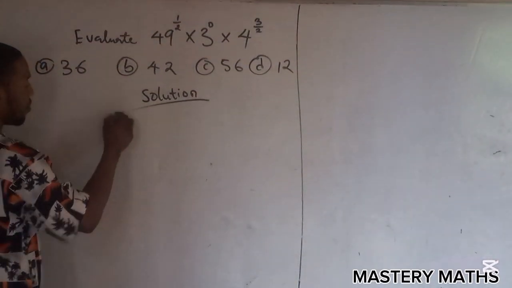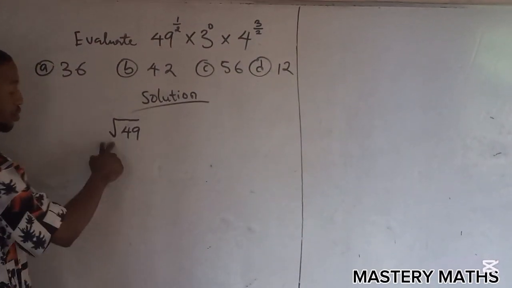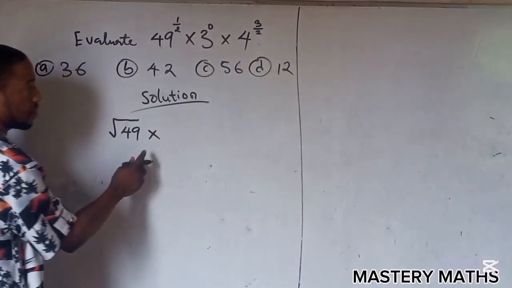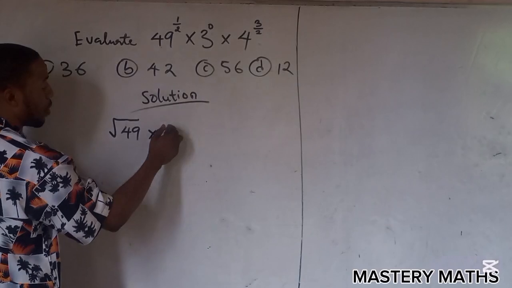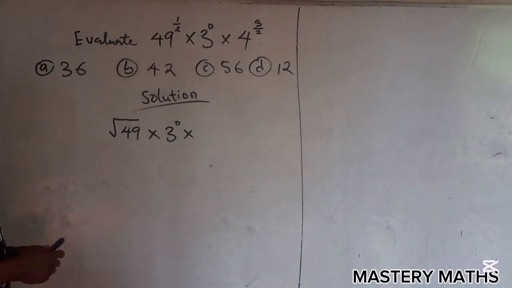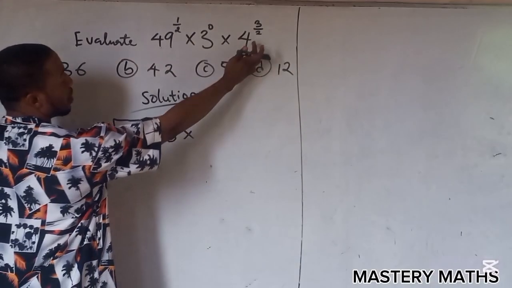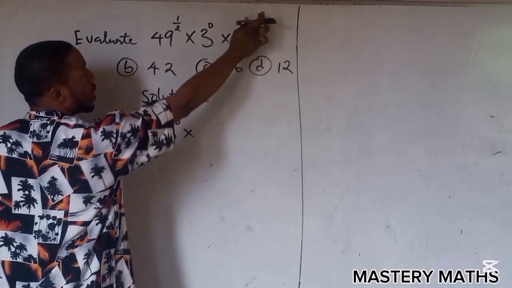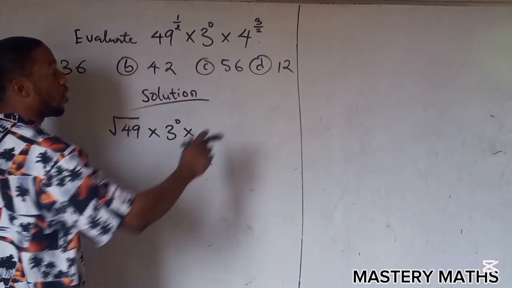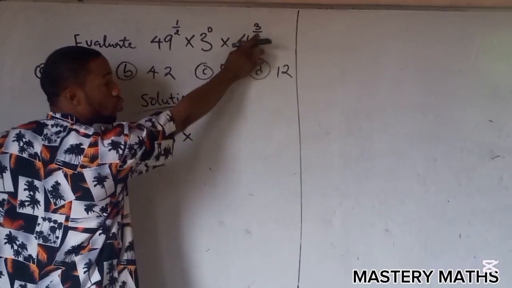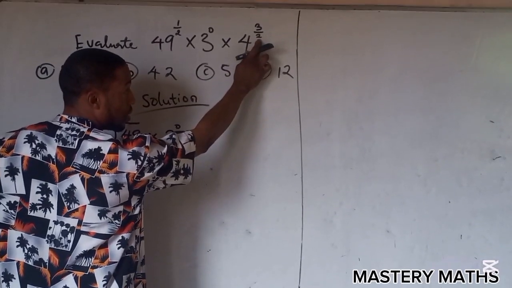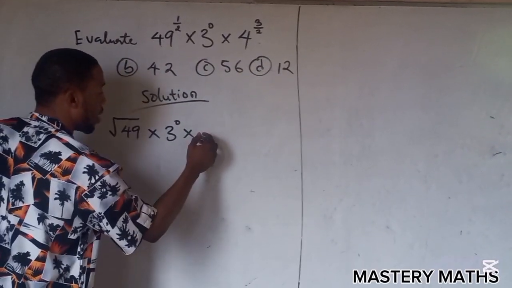So you have radical 49, which is square root 49, which you're seeing here, times 3 raised to the power of 0, times, now I want to show you something here. Now on the board, this is raised to the power of 3 over 2. This is what you do. First of all, this 2 you're seeing here becomes the radical,